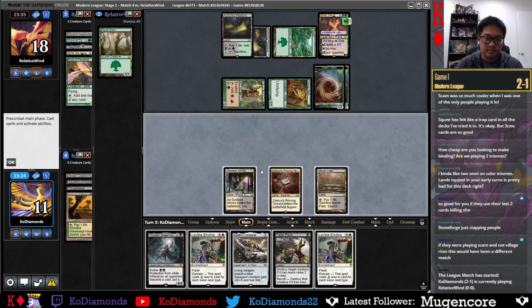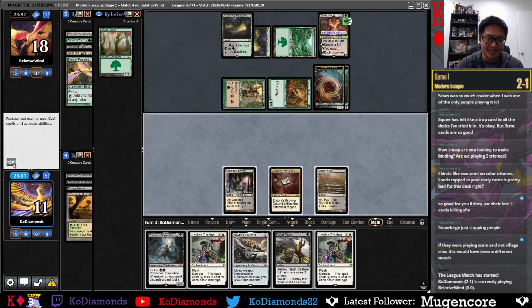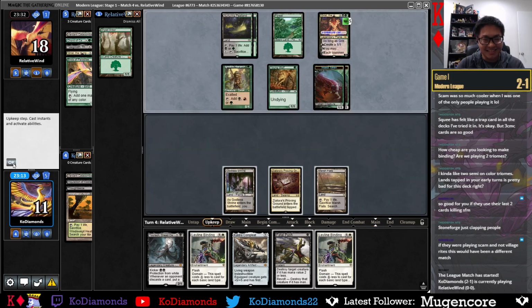Fetch, get an Esper Triome, Leyline Binding the Grist, and then we have Fatal Push. If they draw Yawgmoth, we can push. I think that is the current game plan. But this Track is pretty bad right now because they just play other hand. So we'll